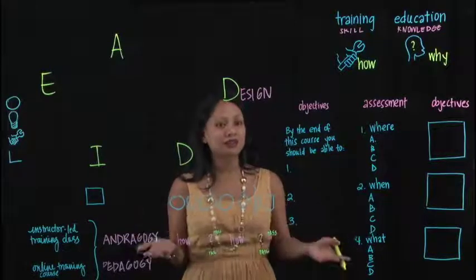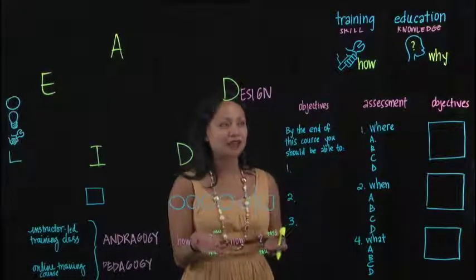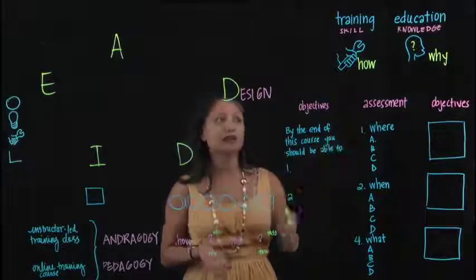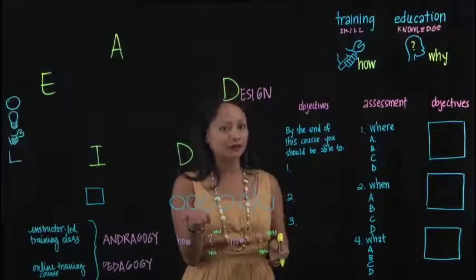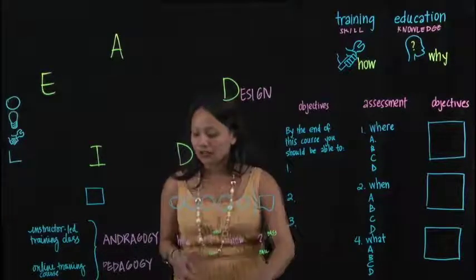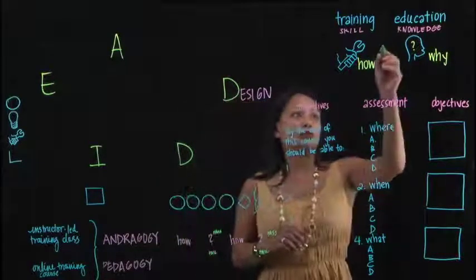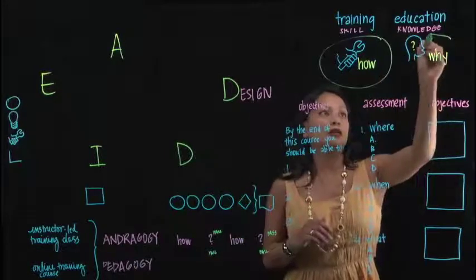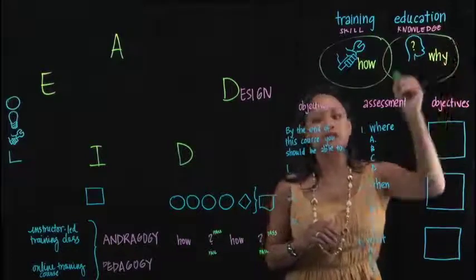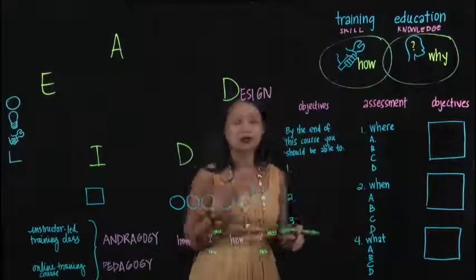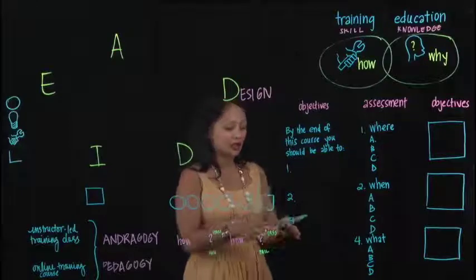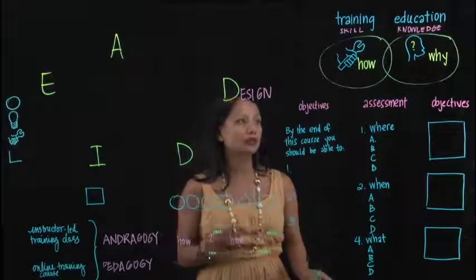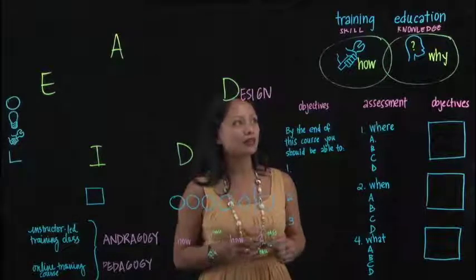So there then lies the difference between one being an aspect of demonstrating knowledge and trying to answer the question why, and another trying to actually transmit skill, and that is training. Certainly there is a bit of overlap between the two. One informs the other, and they are not necessarily independent. You use a bit of education in explaining why something is so important when you train, and vice versa. When you train, you certainly integrate aspects of education.